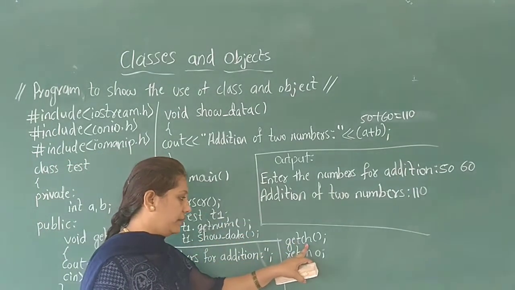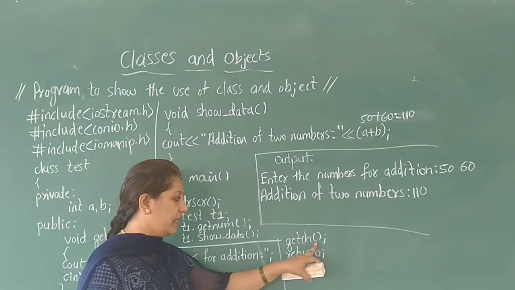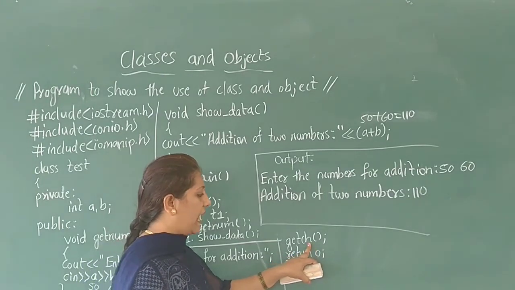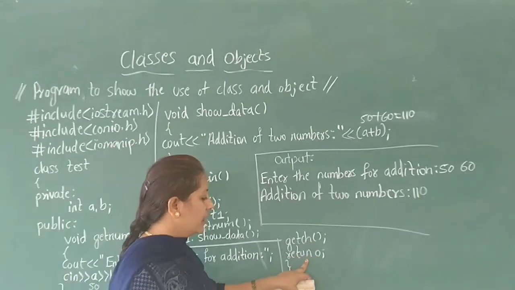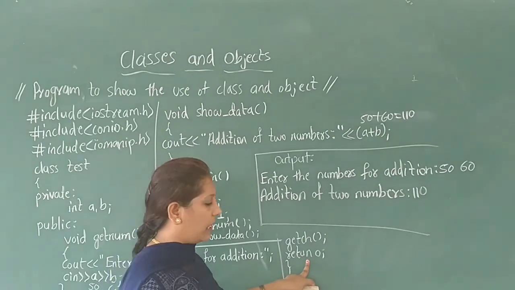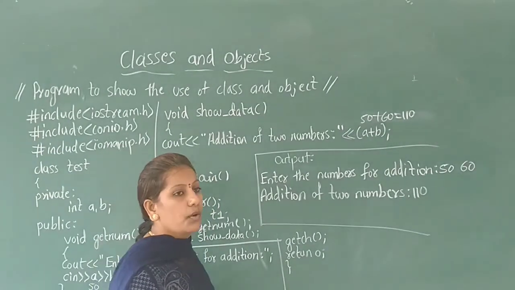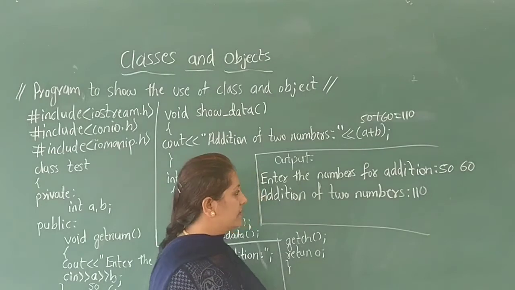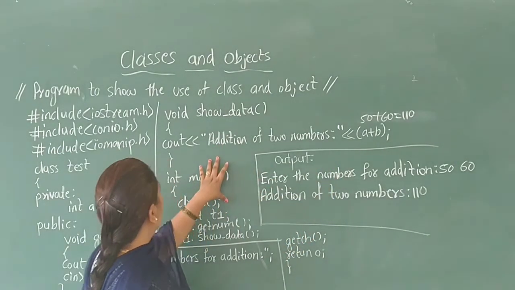It goes to the next executable statement, that is getch. Then it gets the input character from the screen. Then it returns back to the program and then ends the program execution. This is the output of this program to show